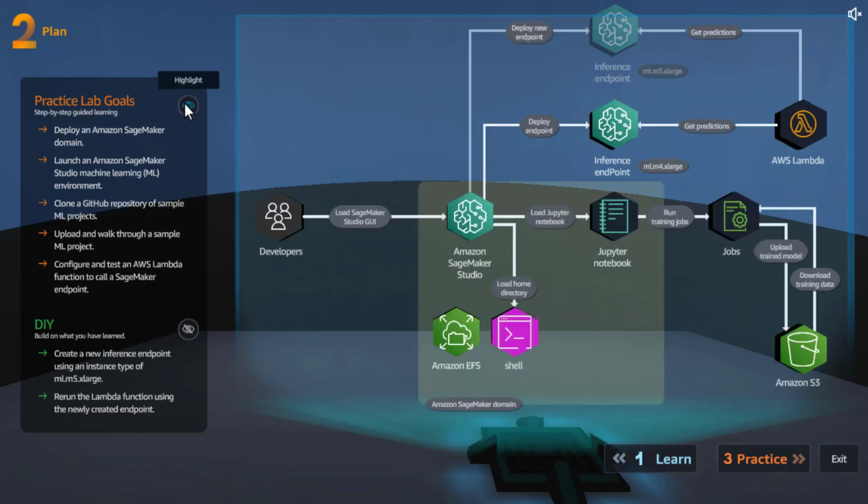As part of the practice lab, we are going to deploy a SageMaker domain that includes Studio, and then we'll clone a GitHub repository of sample machine learning projects. Then we'll upload and walk through a sample machine learning project, configure and test an AWS Lambda function to call a SageMaker endpoint. Awesome. And we have already used Lambda to call several services,